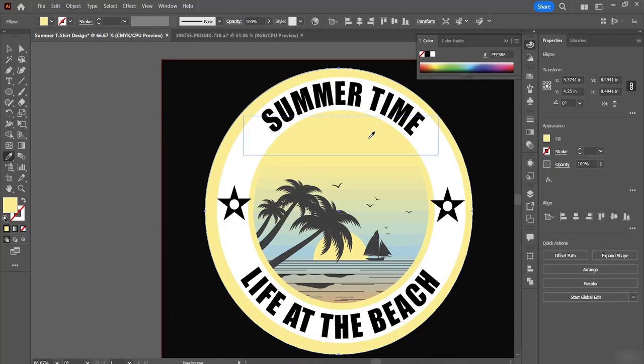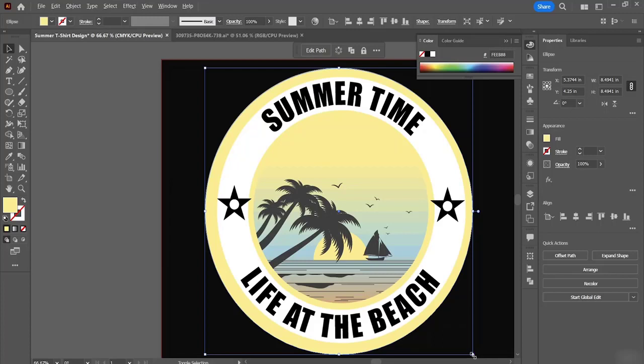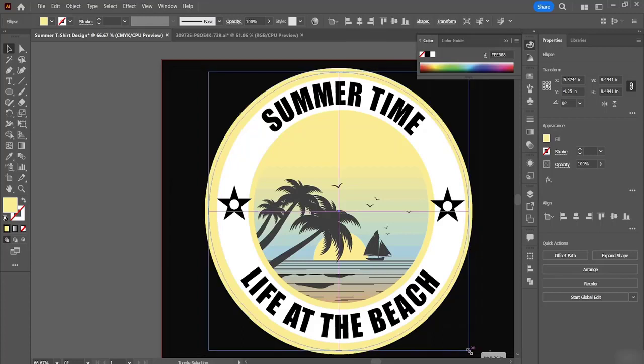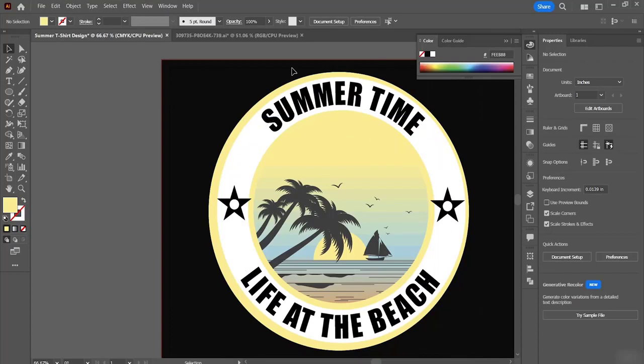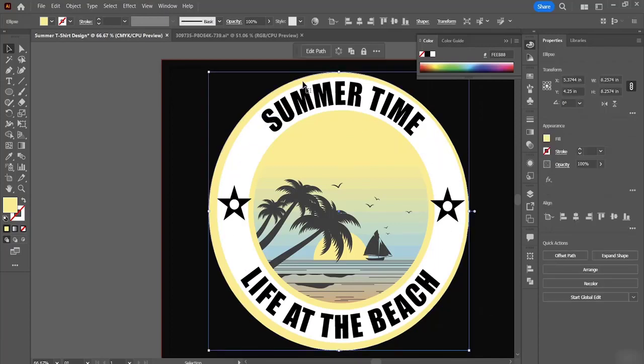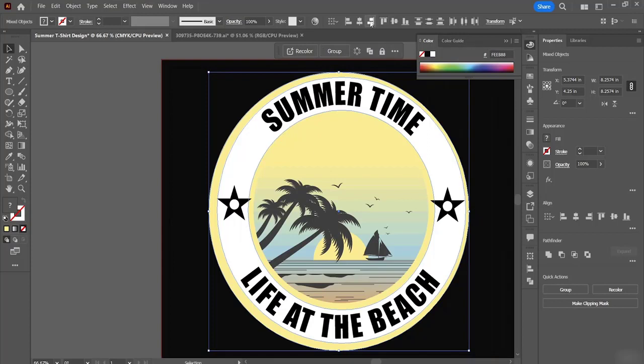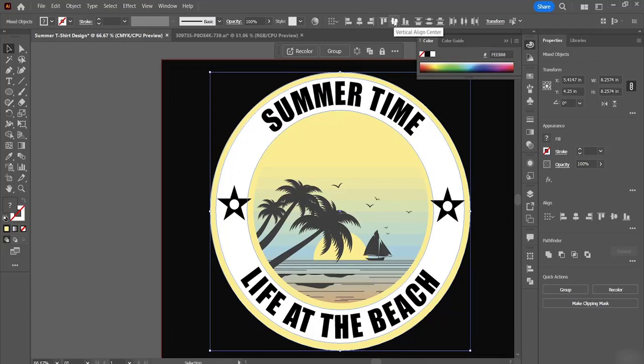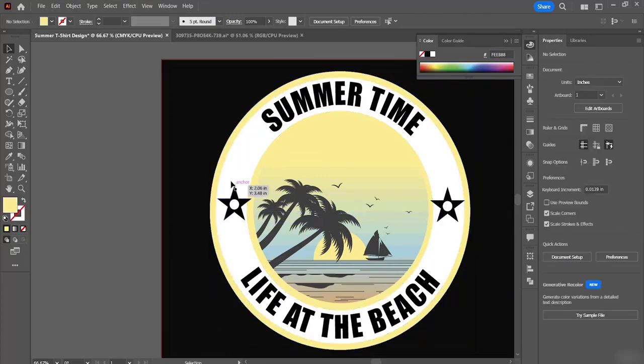Or if you want me to select some yellow colors, in that case, I will also be able to select the colors quite like this. And if you want me to decrease the size a little bit, I will also be able to decrease the size to quite an extent. So I will just select this with the shift as well. Now I will just align it horizontally in the center, and also I will align it in the vertical center as well. Okay, so now as you guys can see, now I have this particular icon right over here,